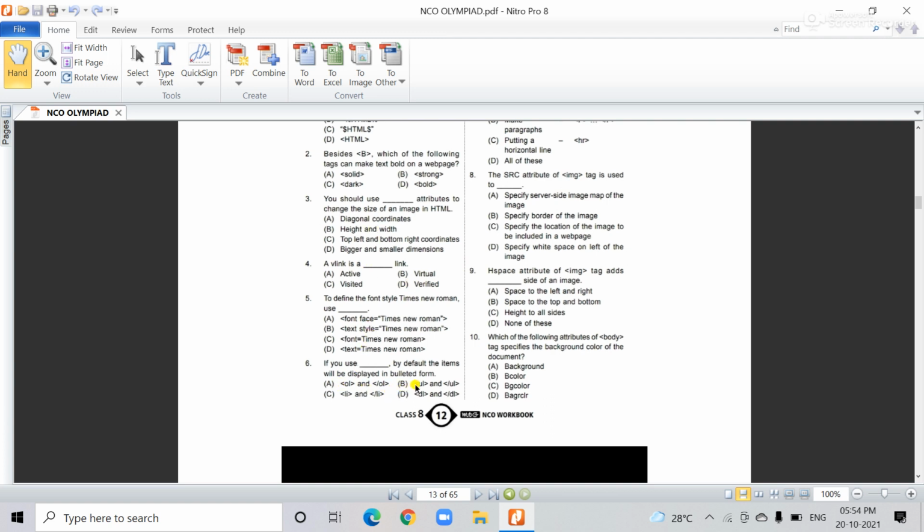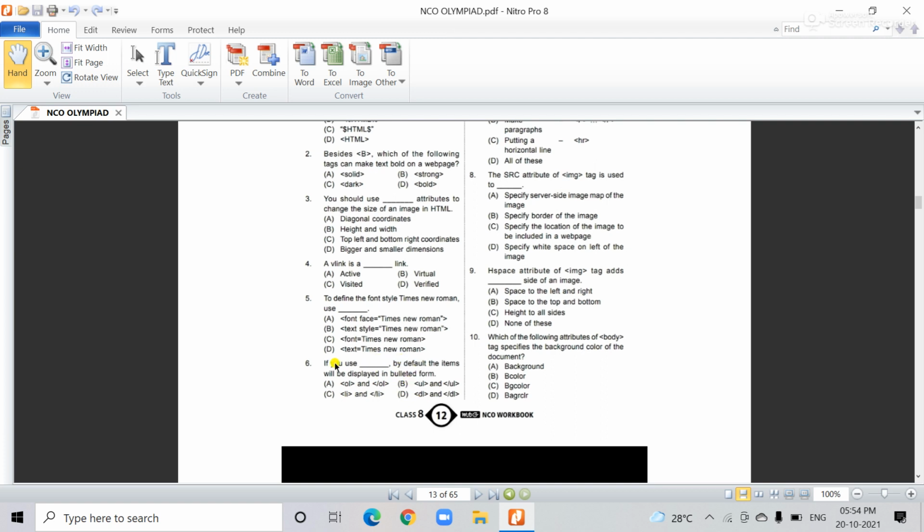Second one is the unordered list. OL stands for ordered list, like 1, 2, 3, 4, in order. This is called the ordered list. And UL means like the bullets, okay, any bullets like circle, square, right sign. This is called the unordered list. And the third one is the list item. Li is called the list item. Inside the OL, the Li is used, and inside the UL tag, use the Li tag. And DL is the definition list.